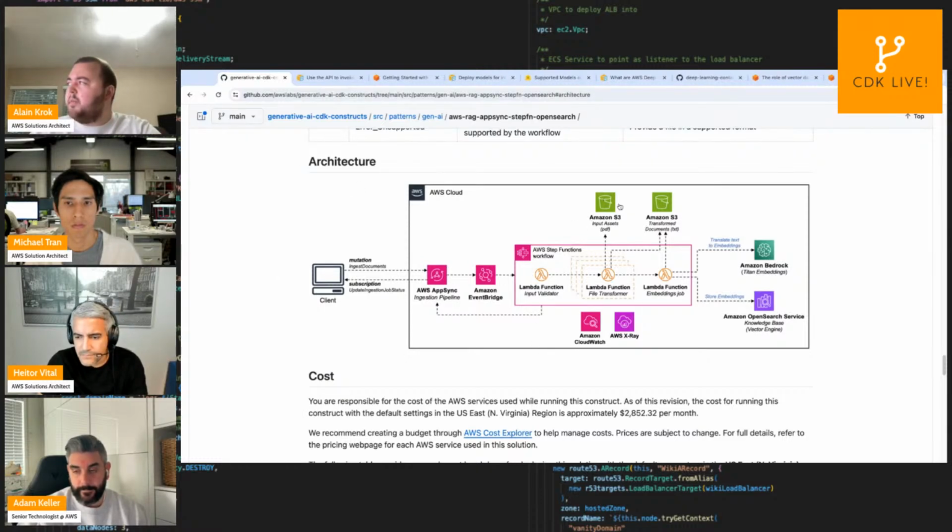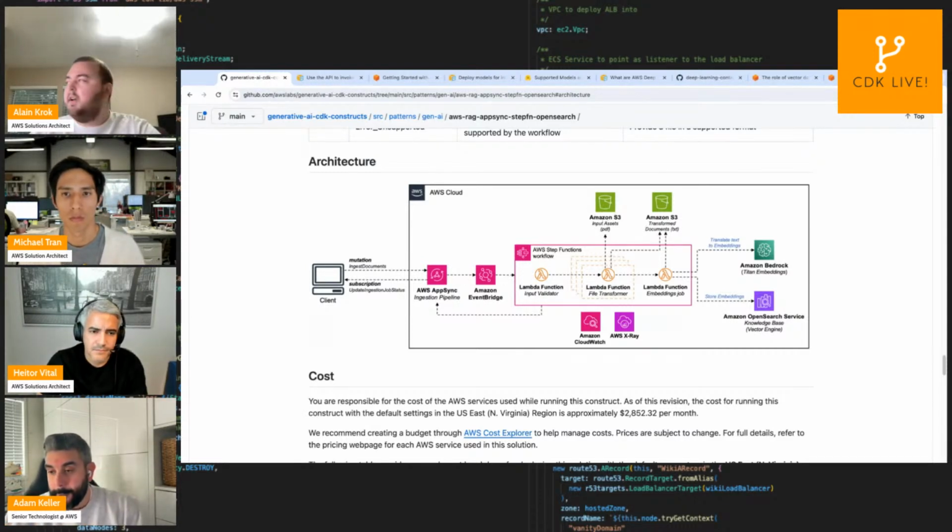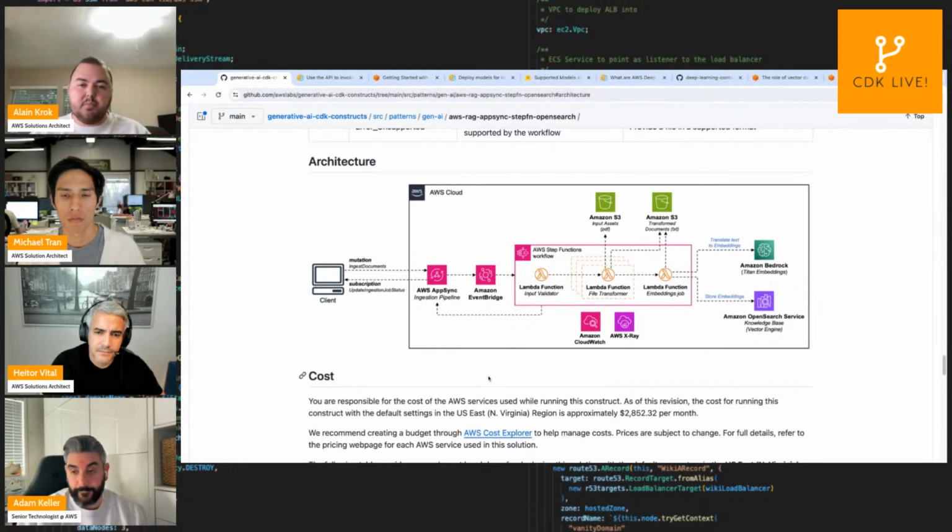Basically, we provide some assets into an Amazon Simple Storage Service bucket, some PDF files for now. That's the format that's supported. Then we have a client application that can trigger a mutation to ingest those documents by specifying the file name. And that will trigger a workflow through Step Functions that will validate those inputs.